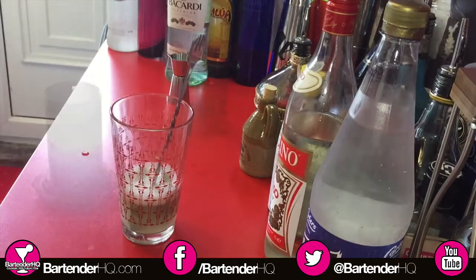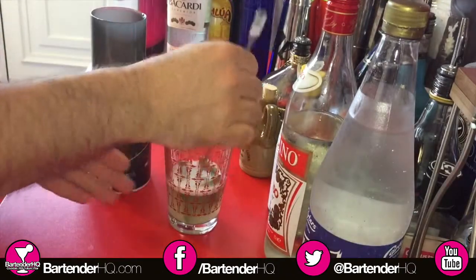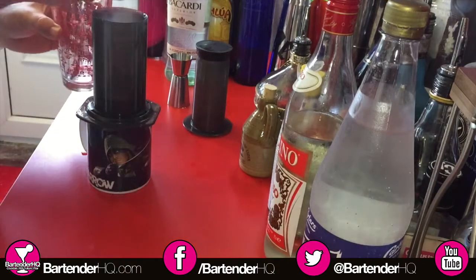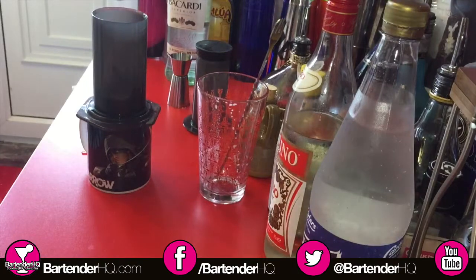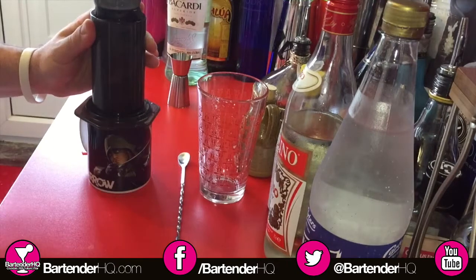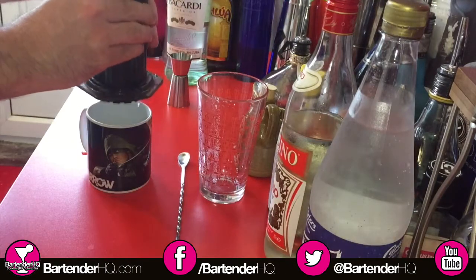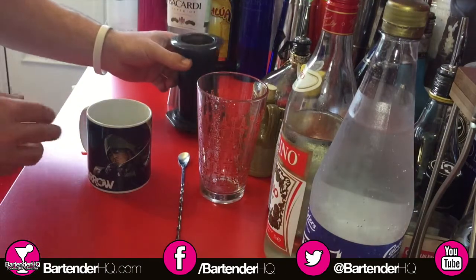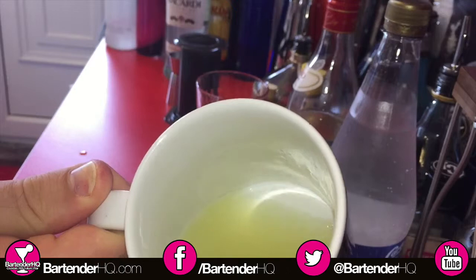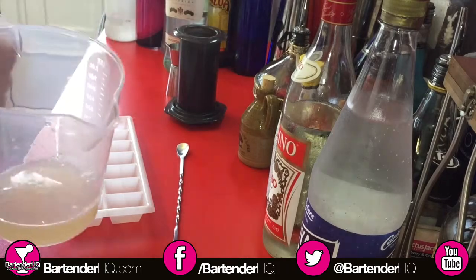Now they say to use a coffee filter. The only coffee filters I have are for the AeroPress, so I'm actually using my AeroPress coffee maker. If you've not seen these, check out my review of the AeroPress. It's awesome for making really good coffee. So I'm using that with the coffee filters in the bottom there. Use the plunger to push everything through, and as you can see, we have a lovely green liquid, nice and clear. So it's a little bit cloudy because of the lime juice, obviously, but no bits of mint or anything like that in there. So pour that into a jug, and that needs to go then through our ice cube